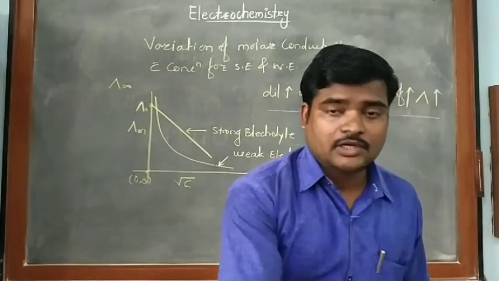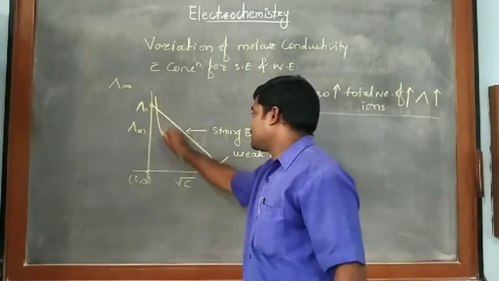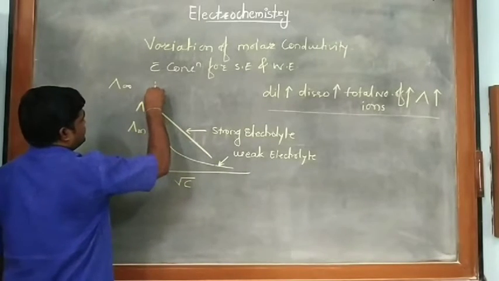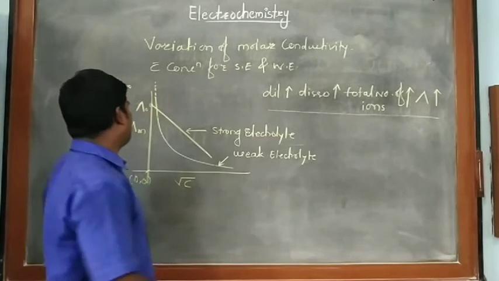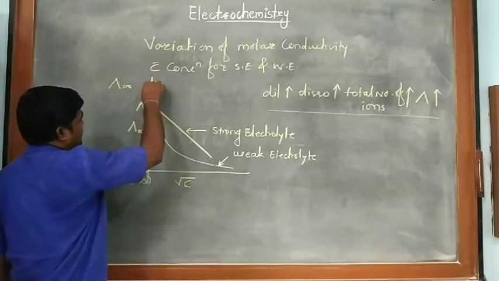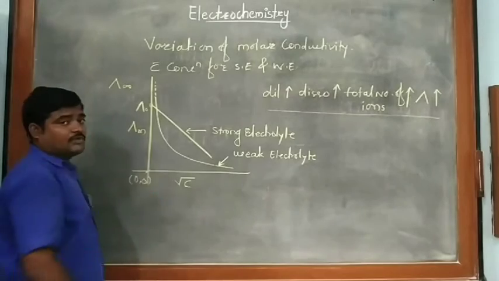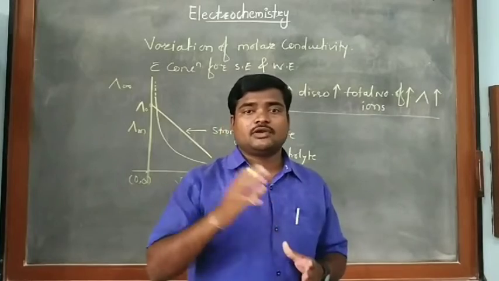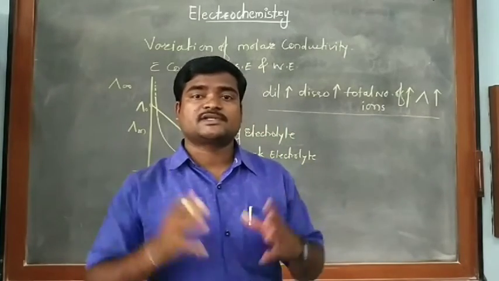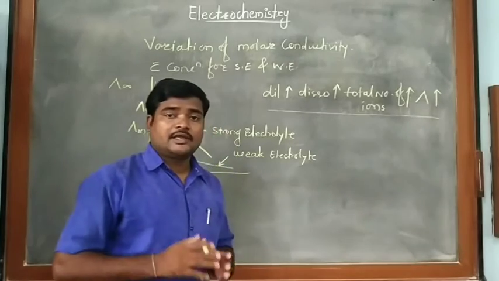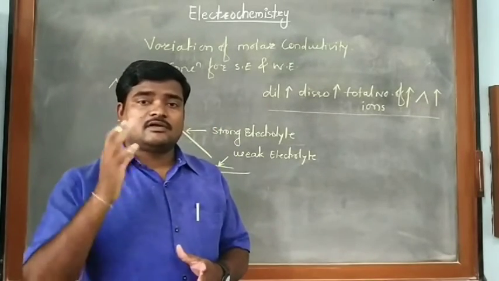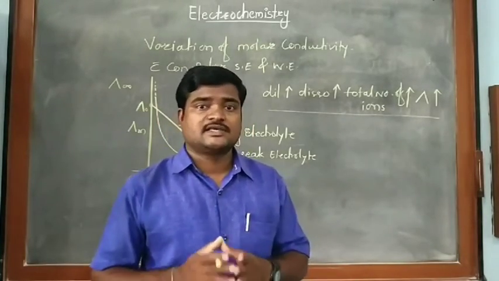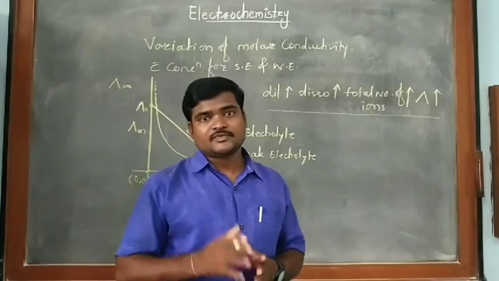Now students, in the case of weak electrolytes, see this exponential graph. If I extend this graph, it will not touch the y-axis anywhere. Now what is its meaning? You know very well the nature of weak electrolytes. Weak electrolytes will not dissociate completely, or 100% dissociation will not take place for them. In that case, some part of the electrolyte will remain as it is, means it will remain undissociated.